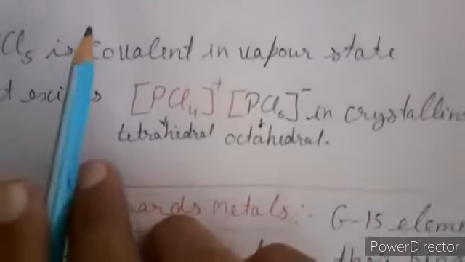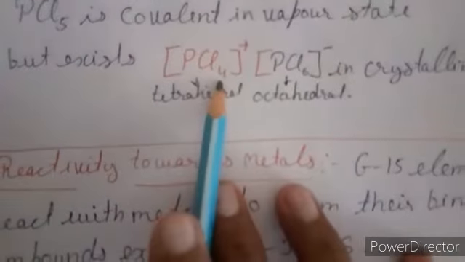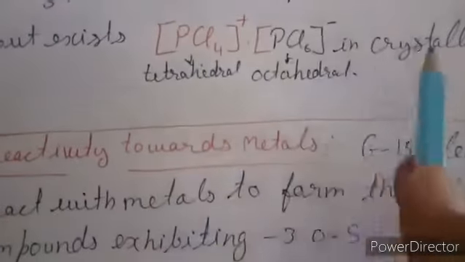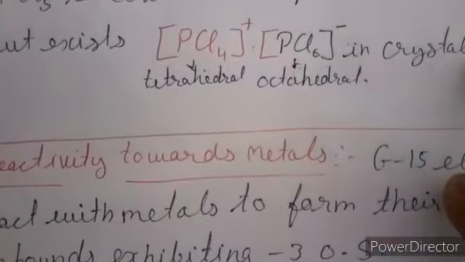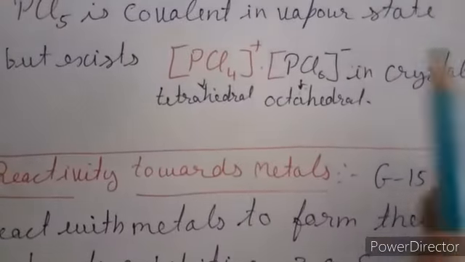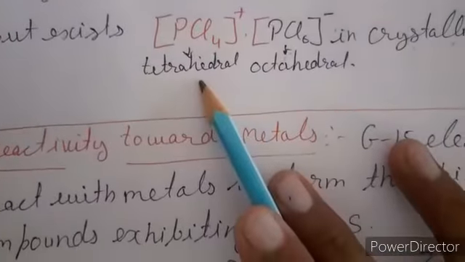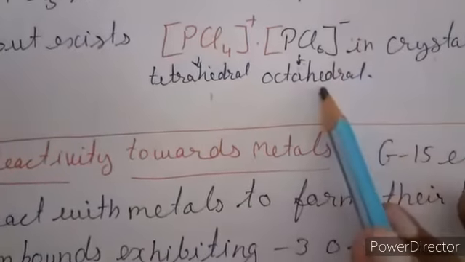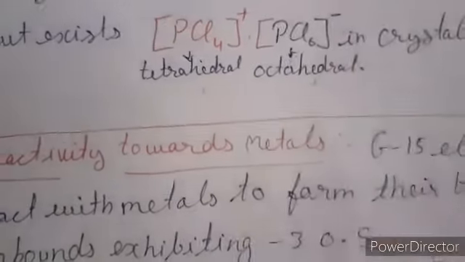So PCl5 is covalent in vapor state but exists as PCl4 positive, PCl6 negative in crystalline form, means ionic nature ਦੇ ਵਿੱਚ exist करता है crystalline form। So PCl4 ਦੀ geometry tetrahedral ਹੁੰਦੀ ਹੈ ਤੇ PCl6 ਦੀ octahedral ਹੁੰਦੀ है।